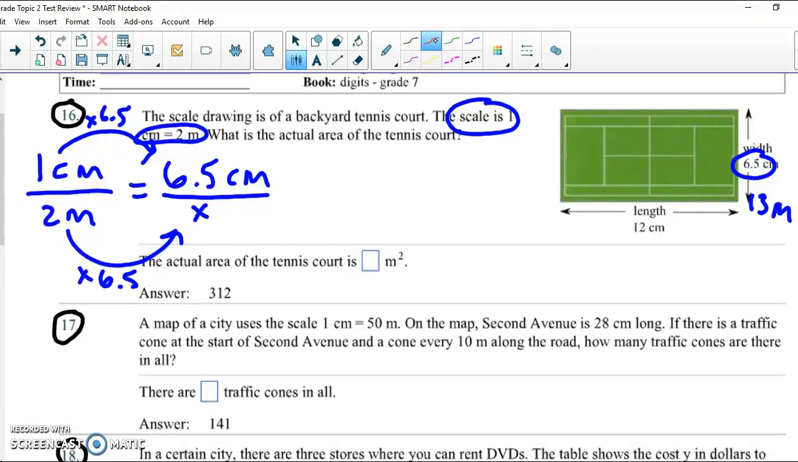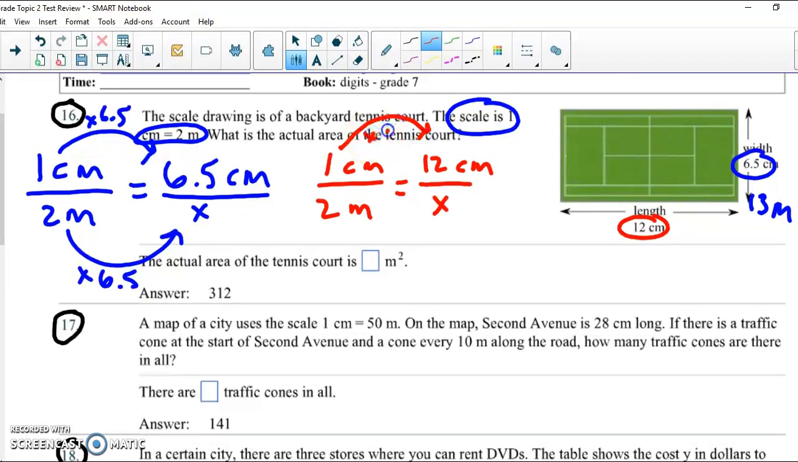So let's do that now for the length. Let's find the actual length. I'm going to start with my scale, and I'm going to fill in what I know. I know the scale drawing length, which is 12 centimeters, and that goes on top because that matches with centimeters in my scale. And it's the actual length in meters that I'm trying to find. So to turn a 1 into a 12, I'm going to multiply by 12. If I do that on top, I have to do that on the bottom, which would give me an actual length of 24 meters. So now I have my actual measurements, and I can use those to find